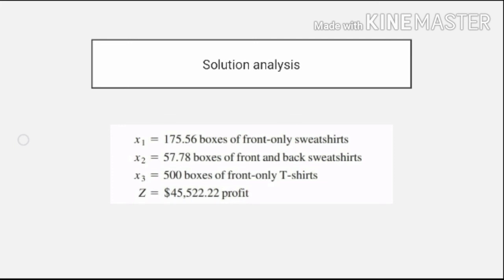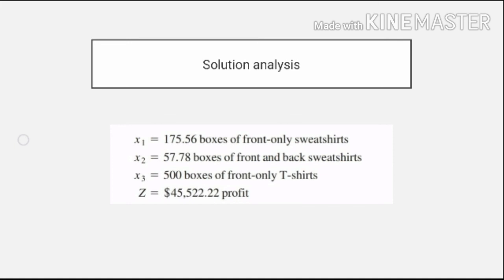Since the result in the solution analysis, or the model solution, is not a whole number, the manager of Quick Screen might have to round off the solution to ship whole boxes. So instead of 175.56, the manager of Quick Screen will just get 175 boxes. Same with X sub 2, 57 of front and back sweatshirts, and 500 for the front-only t-shirts. So this would result in a profit of, instead of $45,522.22, since we took whole numbers,